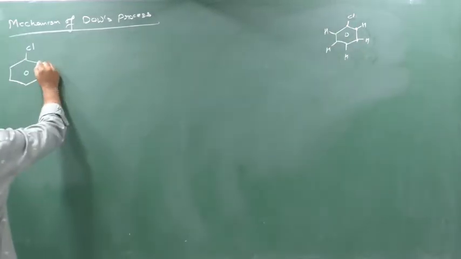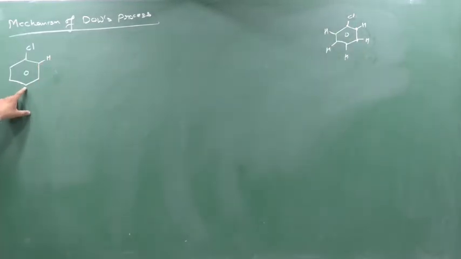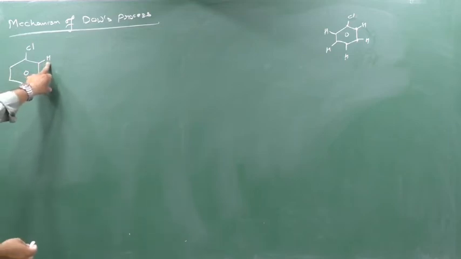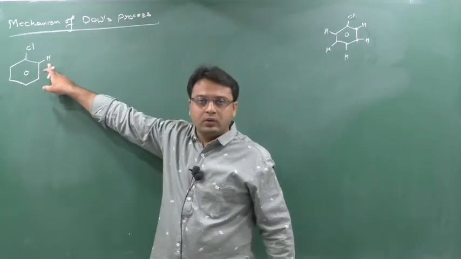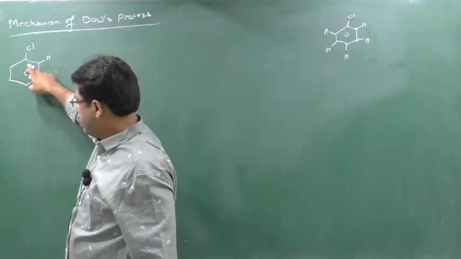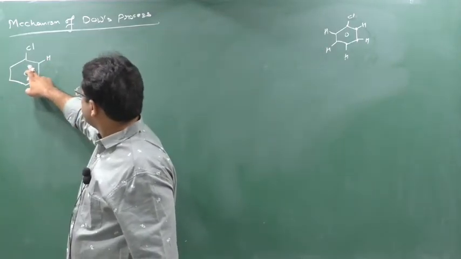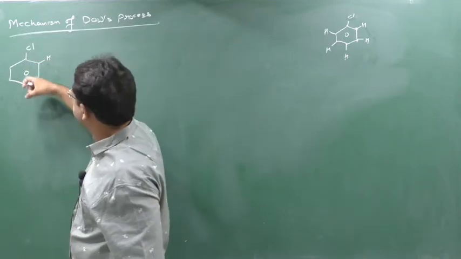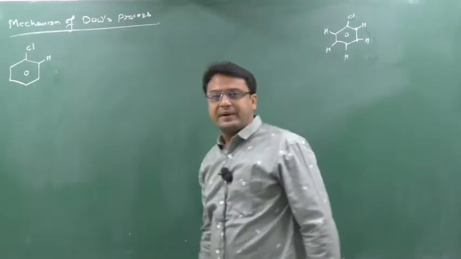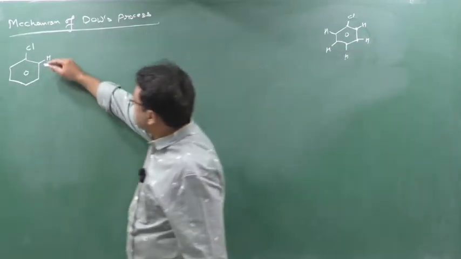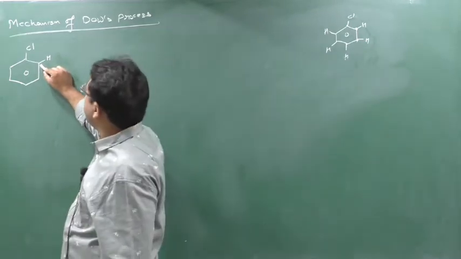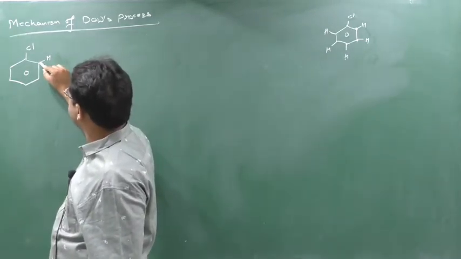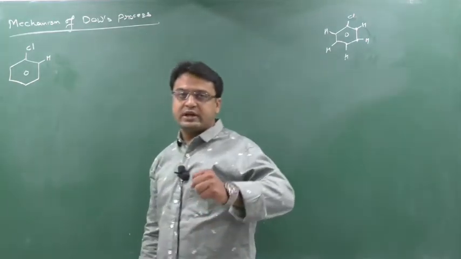So here there will be one hydrogen, here also one hydrogen, here also, here also, here also. But I am considering this hydrogen only, and I will go with the mechanism by considering this hydrogen only. Why? See, this chlorine is a more electronegative element, so it has the capacity to attract electrons. When it starts to attract electrons, the hydrogen from the ortho position can be released easily. When hydrogen can be released easily from the ortho position, it means this is more acidic, because one who releases H plus ion easily is more acidic.